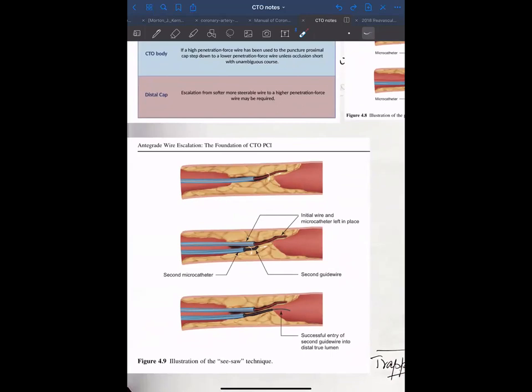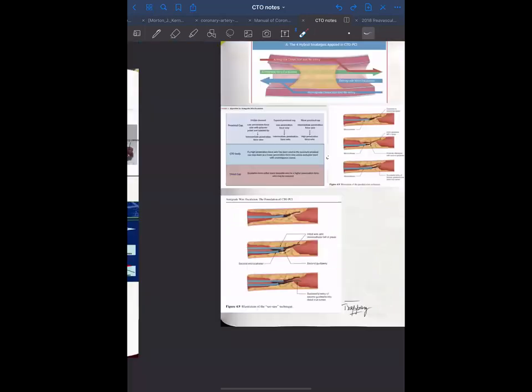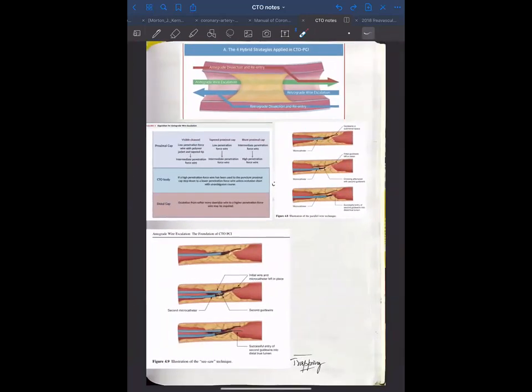In the seesaw technique, it is a similar thing, but we do not take out the initial microcatheter. We come back with a second microcatheter. As one can understand, this will require a very big guide wire to be able to accommodate two microcatheters. So what we generally use is the parallel wire technique, and they say that if the parallel wire technique fails for some reason, the seesaw technique has a higher chance of success. So it can be tried before we change the wire itself.